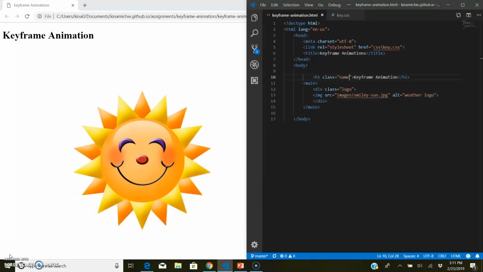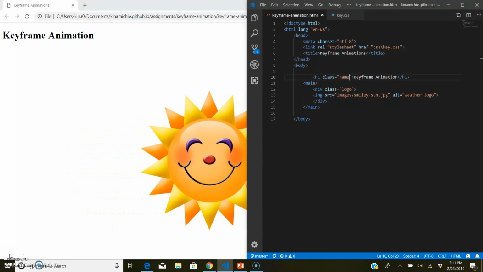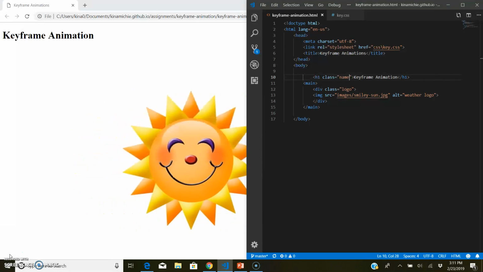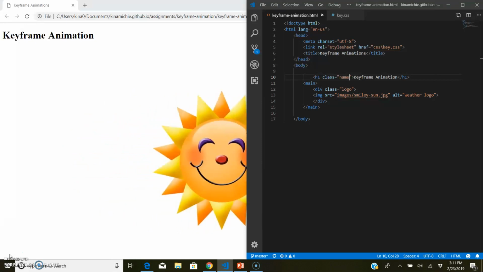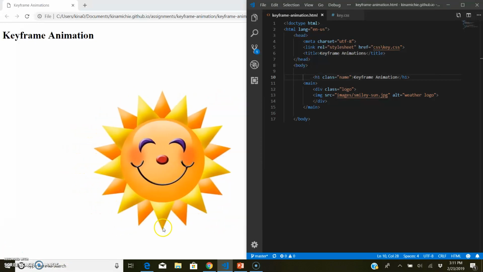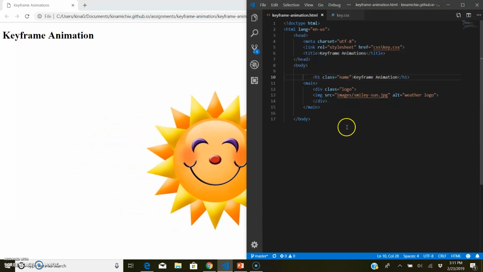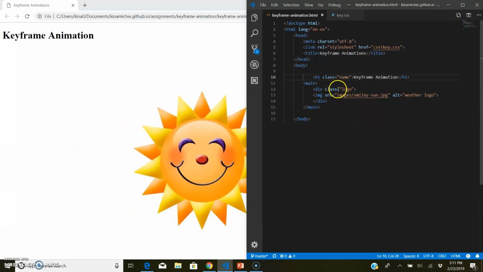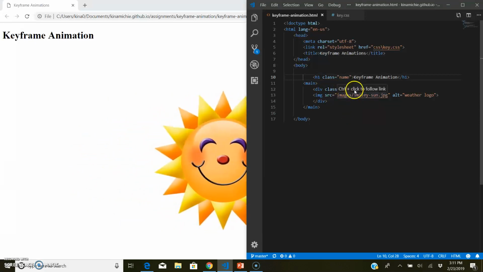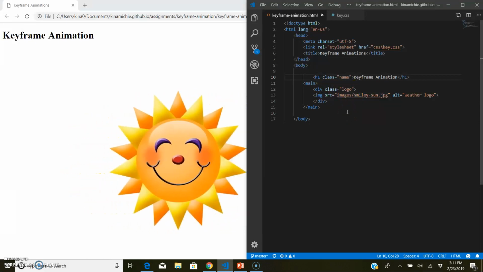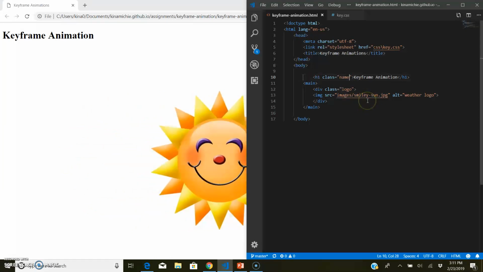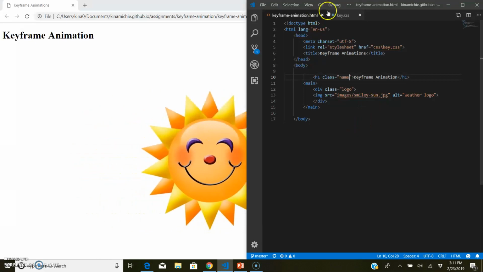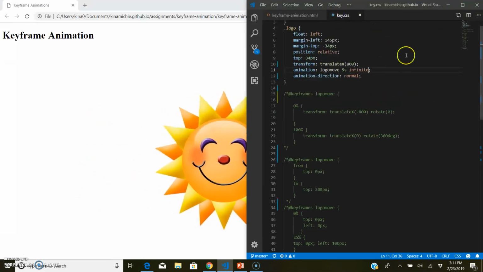So here I have an example of some animation. This is just an image that I downloaded, a piece of free clip art off the internet. So here's my HTML. You'll see I have my div, and I've given it a class, and the class I've given it is logo. And then my picture, which is my smiley sun. And so if I go to my CSS,